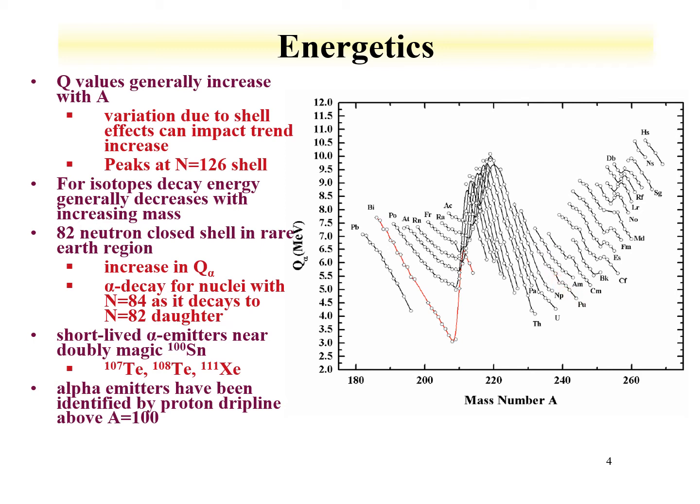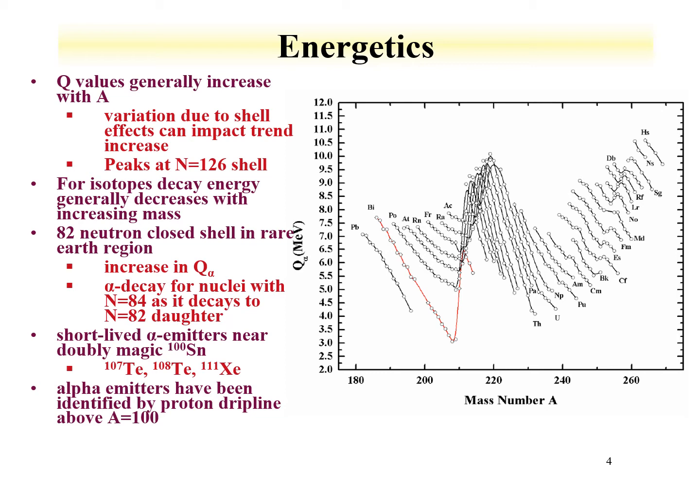There are also some shell effects that we see with this Q-value. We see peaks at N of 126. We also see that there's alpha decay near the 82 neutron closed shell, which is found in the lanthanides. We get an increase in the Q-value there since we get an increase in the alpha decay energy. The alpha half-life decreases, so that we can start to see some competition between alpha decay and other modes of